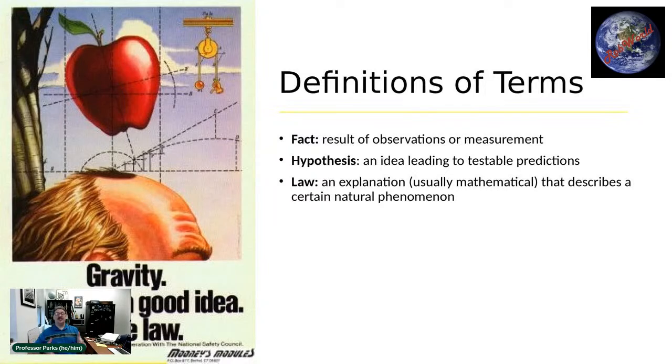But like I said, I like to define what I mean by certain terms. I think particularly in this arena this is vital because certain terms that get tossed around mean very different things to a scientist and to a layperson. Now, you may not agree with these terms, but these are the terms that I'm using, and this is how I define them. A fact is something that is a result of an observation or a measurement.